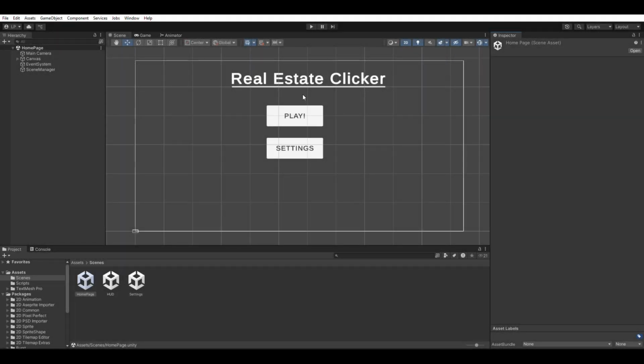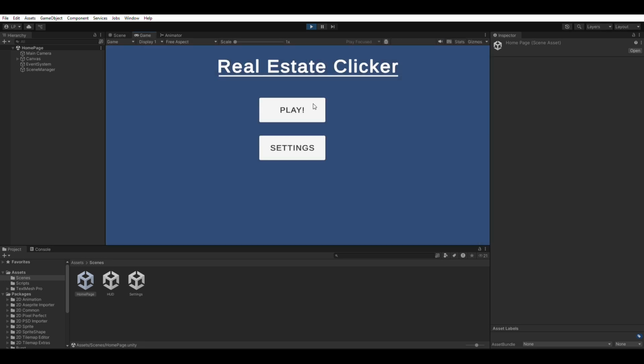Alright, so we're going to be going over the minimum viable product for my real estate clicker game. When you load in, you first just have the simple homepage. I'm still designing and trying to figure out what the background should be, but I think it's going to be like a city